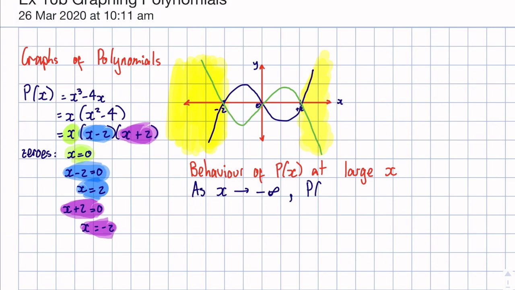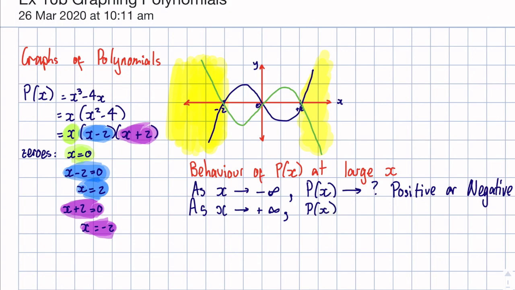And p of x tends to what? So positive or negative? Now, this is confusing. We've done this before. Please don't let this notation freak you out. And you could also look as x tends to positive infinity, p of x tends to what? Positive or negative. And positive infinity is just this region up here. So for this one, behaviour